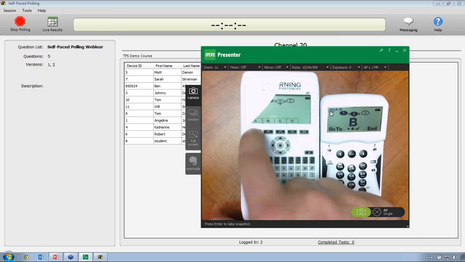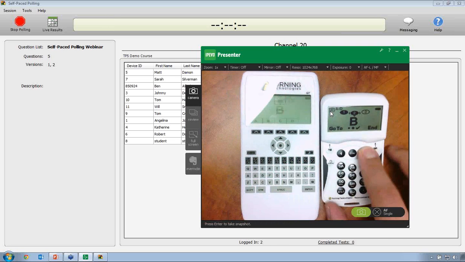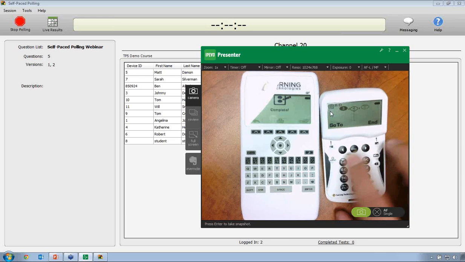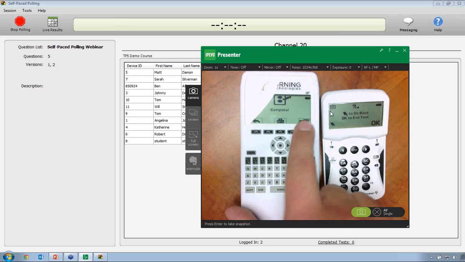Just going to go through and answer the rest of the questions here. Probably get a terrible grade, but let's see how it goes. Do it here on the NXT. Okay, you'll see there that I get a complete message. If I did not answer every single question, the keypad will tell me that I'm incomplete, and it will tell me to go back and finish the test. It'll show me the questions that I did not answer. Okay, so it's not going to let you submit a test that is not finished.